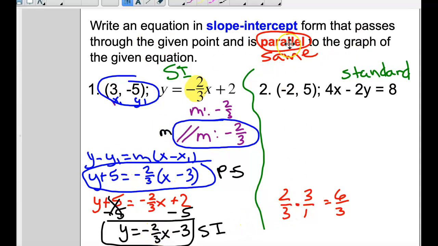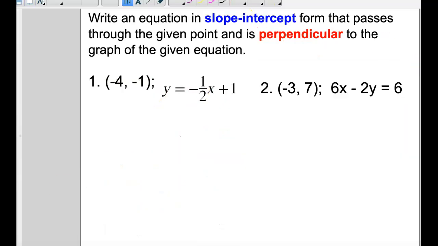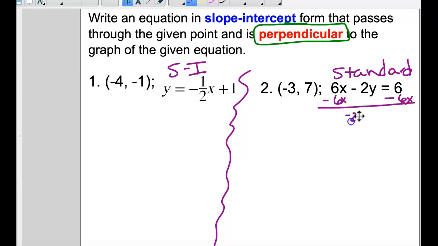So now that we're reminded how to do parallel, I'm going to do one quick perpendicular one. Again, none of this has to be written down as long as you're paying attention, right? You should be good to go. We've spent a lot of time with parallel and perpendicular in all of this chapter, but it was so spread out, right? I'm going to skip the easier slope-intercept one and just remind you how to do this standard form one, right? So when your equation is in standard form, we have to get it into slope-intercept before we can know the slope, right? And every time we get our x out of there first,